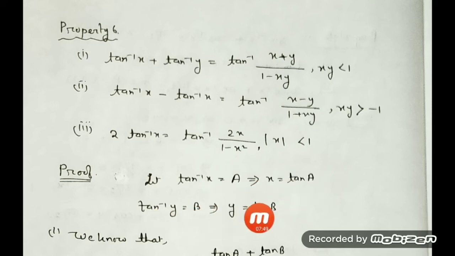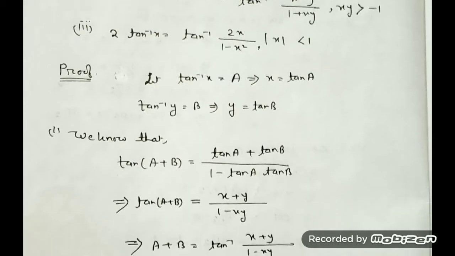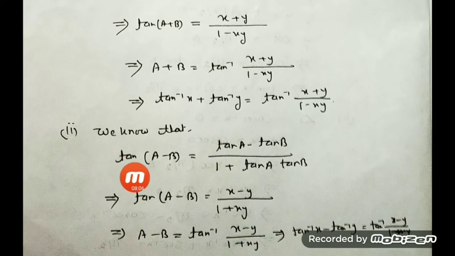Now, see which formula you have to apply, how to find. This becomes a and b, a minus b. I need the answer in terms of tan inverse. Tan inverse, if I bring it to this side, it becomes tan. Tan of a minus b formula we have to apply in this case. Let us apply it now. Tan of a minus b, that is tan a minus tan b divided by 1 plus tan a tan b.